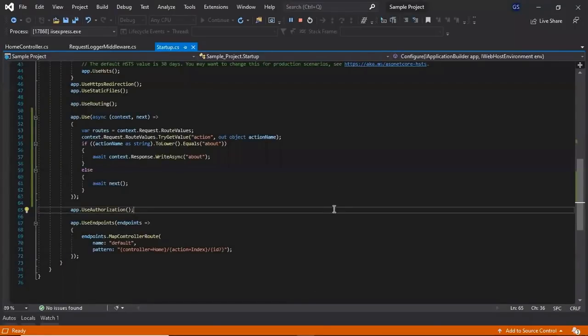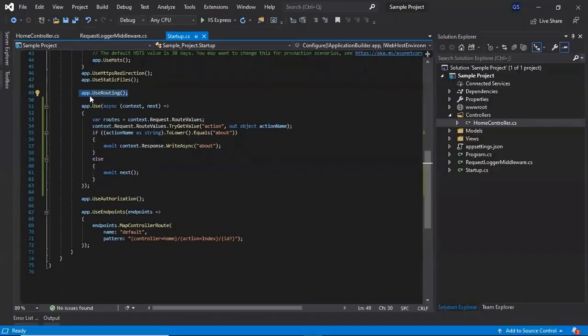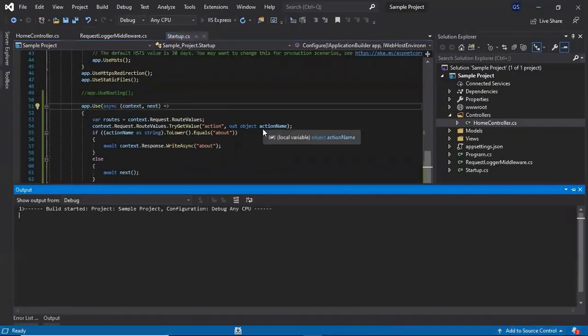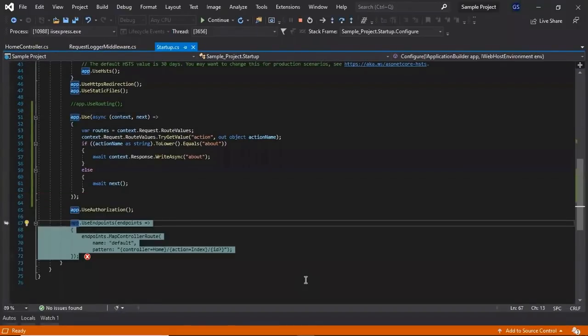Now let's see what happens if we do not configure this app.UseRouting middleware. Just comment it out and run. If you see, we are getting the error because we are not getting the route data collection.